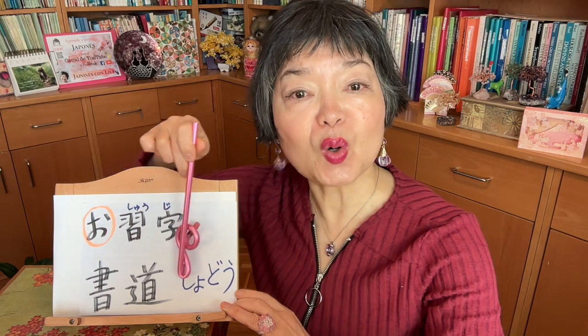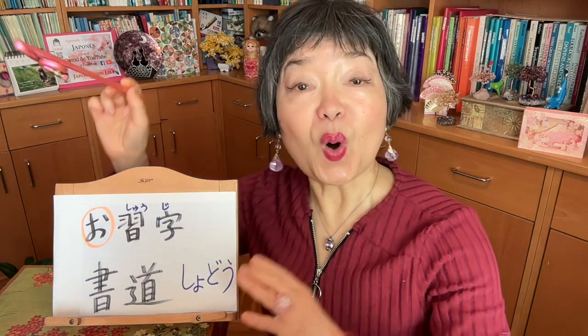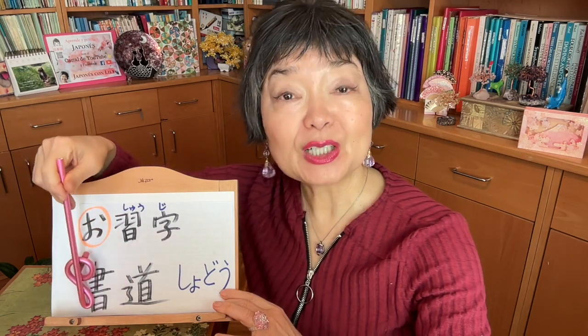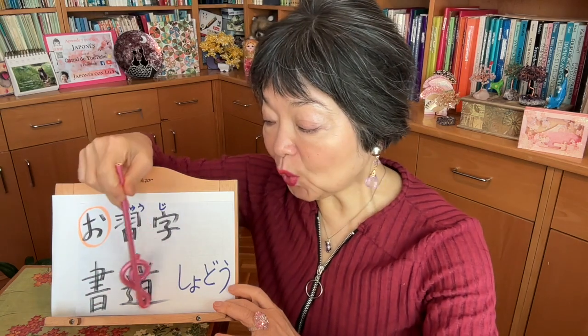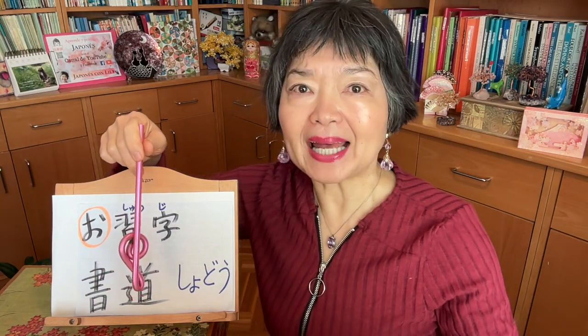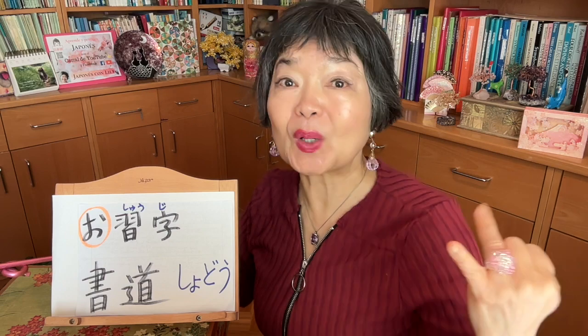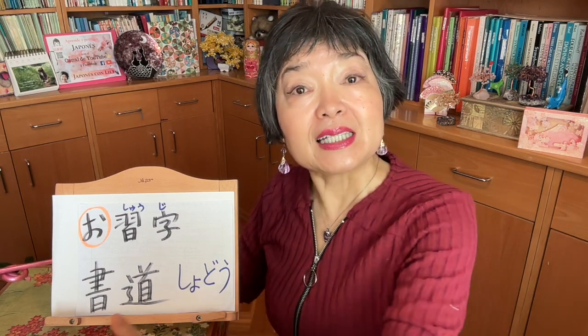There's another word called shodo. Shodo. It's almost like a synonym, but it's different. In shodo, we use this kanji of kakimasu, to write. And do, this is the street or the way or the path. So the writing way. When we say do in Japanese, such as judo, aikido, karate-do, kendo, this kind of Japanese